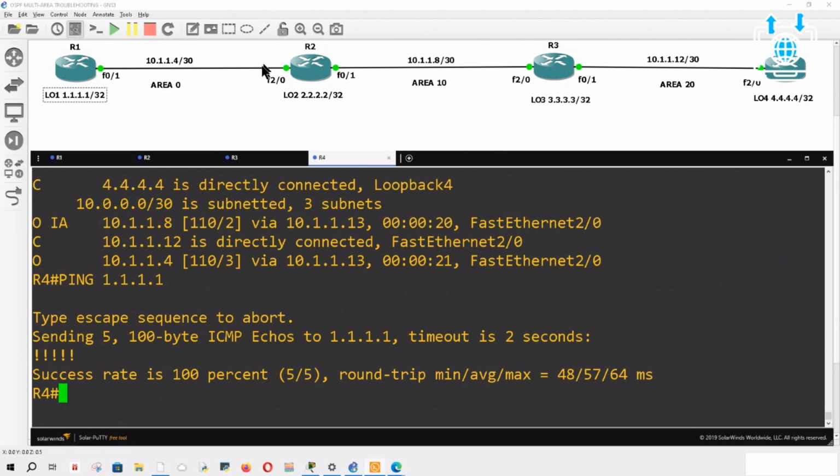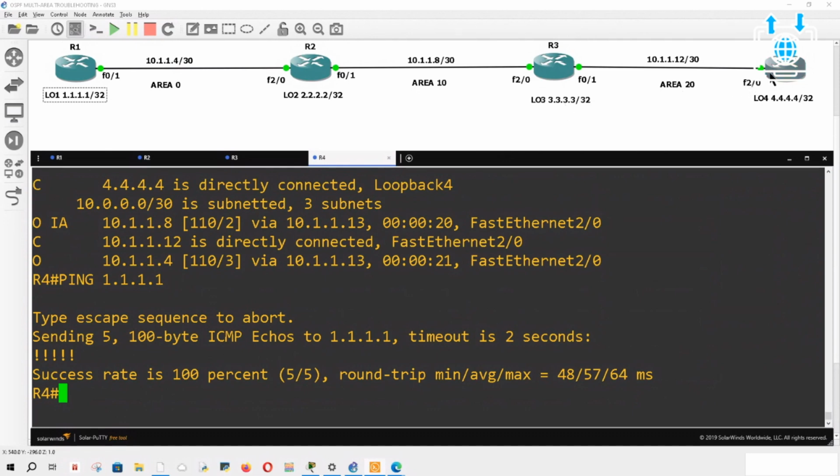This router, since it's area 0, and this router is connected to area 0, whatever is connected to this router will automatically create those inter-area routes. This would be an ABR, okay? So that's why you were able to get over here. But since this router over here, router 4, is not connected to a router that has area 0, he needed those virtual links. So he only saw the loopback because it was part of its own area, right? So it was a router link state, LSA type 1, right?